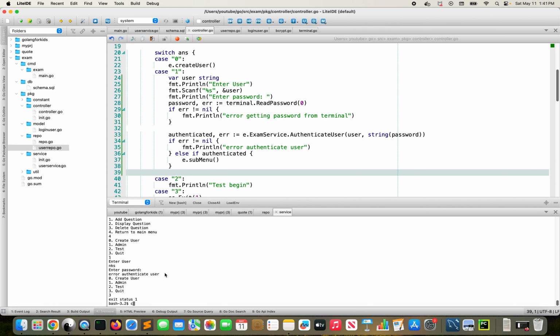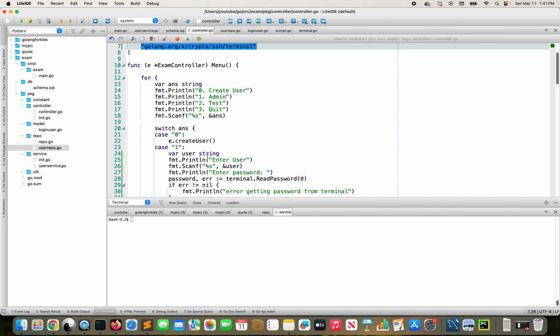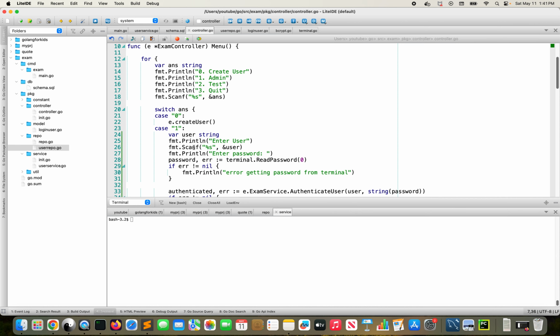Let's see the code for this, what I made a change. So first of all, for the password, I used this library here, so that when the user is asked for the password and we enter it, it is invisible. So in the exam controller menu, if you come here,